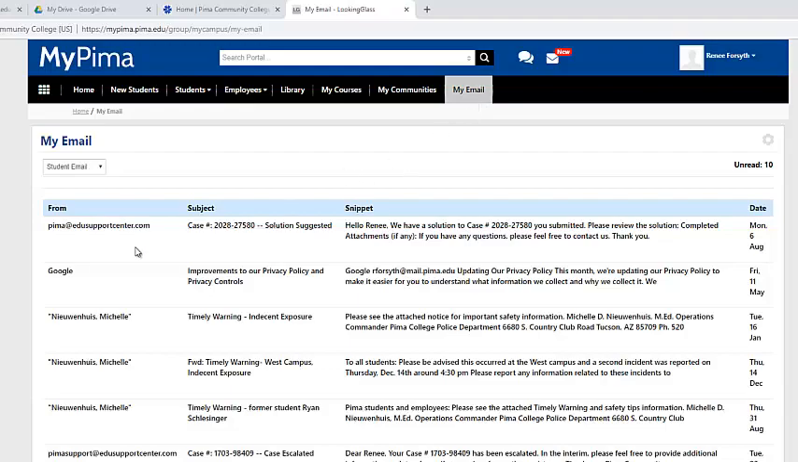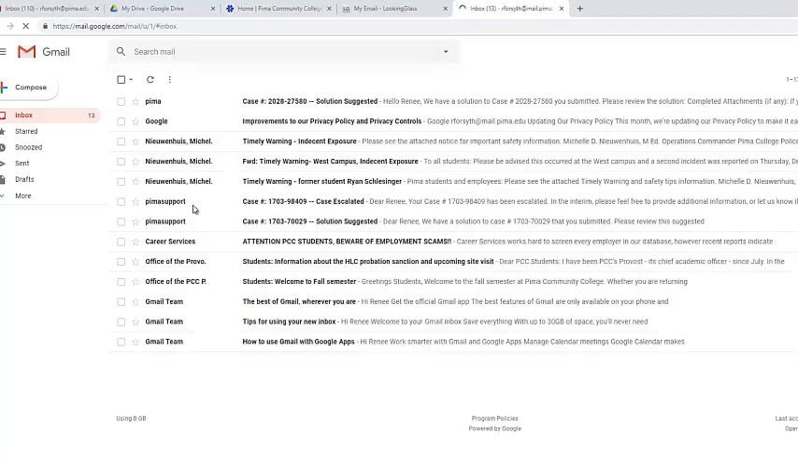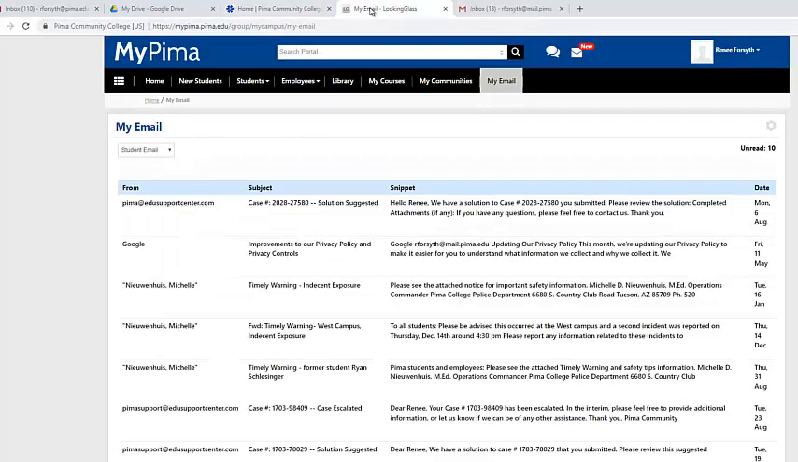And so if you were to select any of these emails, it will take you over to the Gmail portal itself. And then you could answer any of these emails, compose an email, and again, this is in your student Gmail account. Going back to your MyPima, if you click back on this home tab,